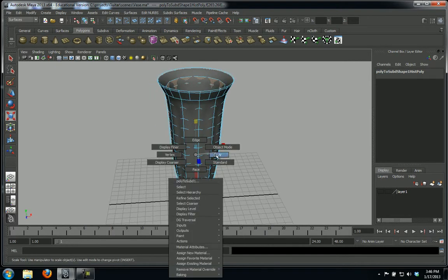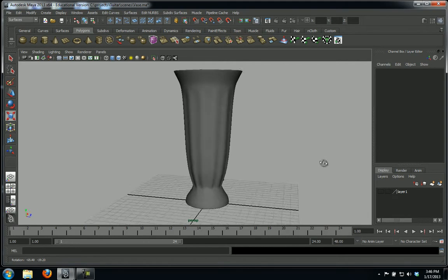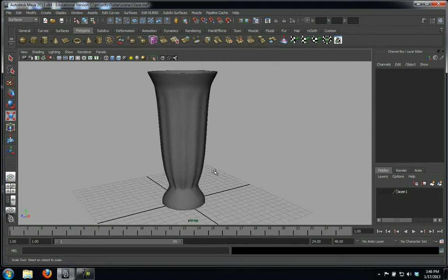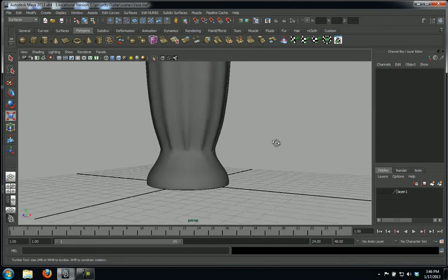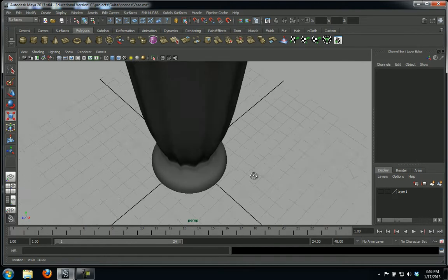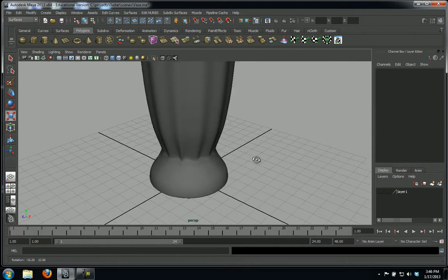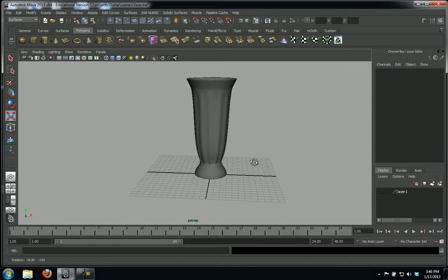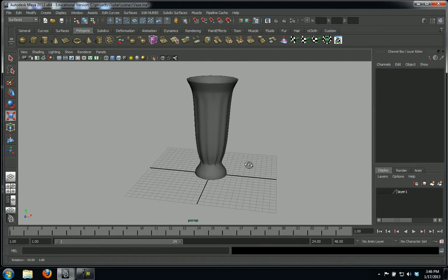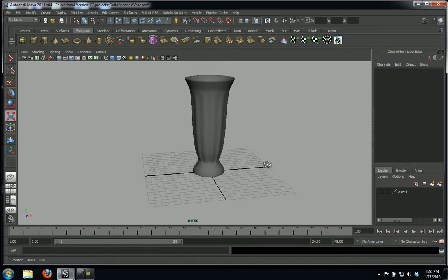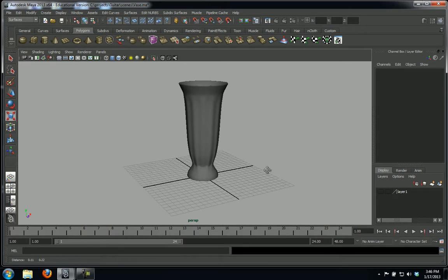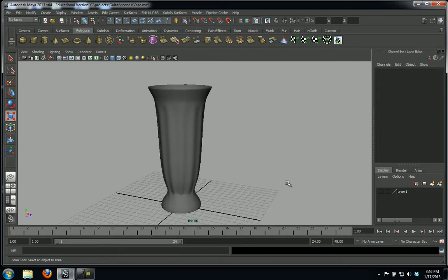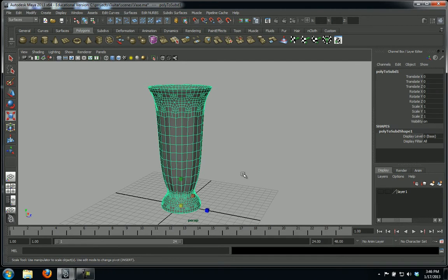So let's just go back to polygon mode and take a look, and yes, now I have eliminated all of that intersection that was going on. I don't see any more intersection from the inside of the vase material going through to the outside. And now that I'm pretty sure that the vase geometry is how I like it,